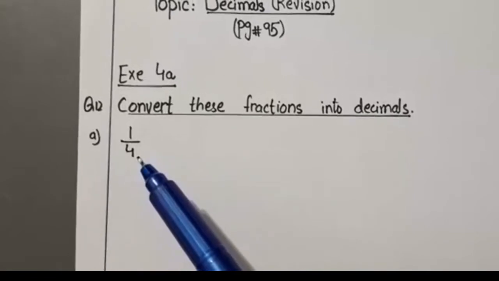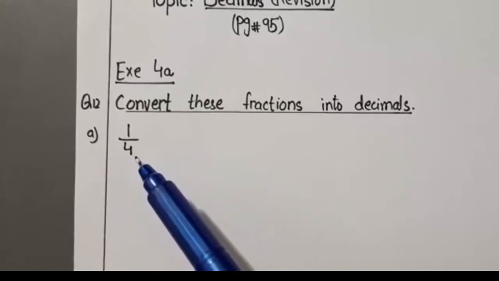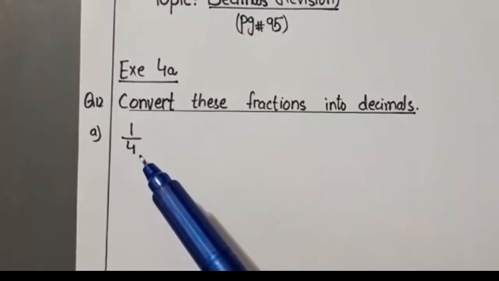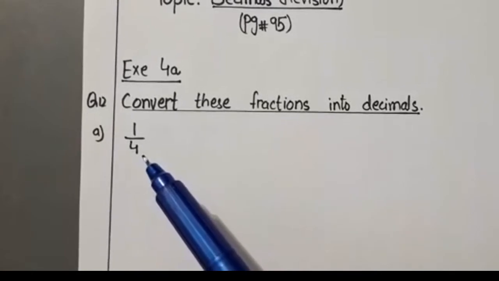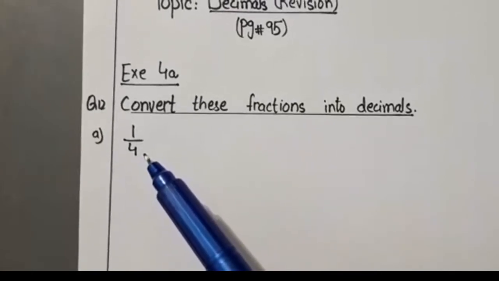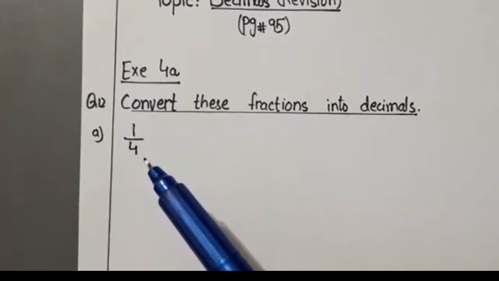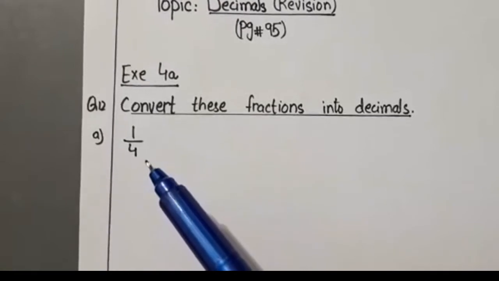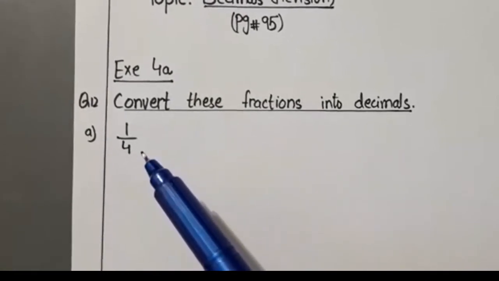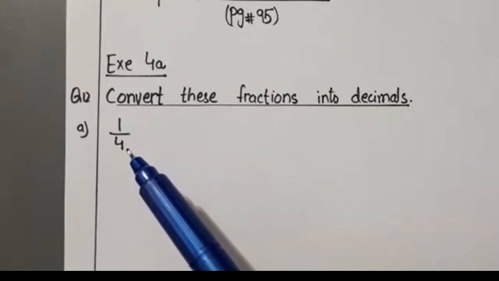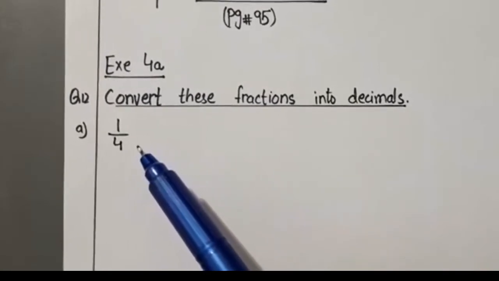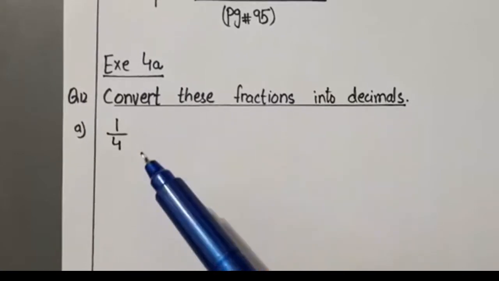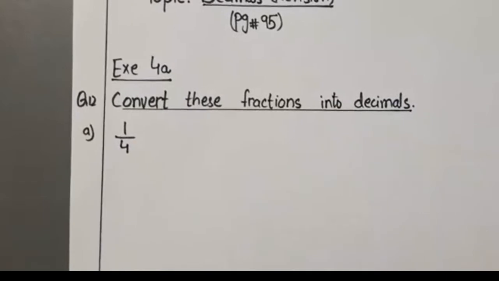Okay, 4 tens are 40. So 4 20s are 80. And if 4 20s are 80, then 4 21s are 84, 22s are 88, 23s are 92, then 24s are 96, then 25s are 100. Yes. So when we read the table of 4 till 25, we get 100. So if I multiply 25 in the denominator, I have to multiply it in the numerator as well to equalize it. Okay, so let's do the solution.